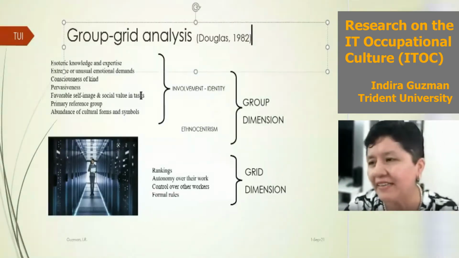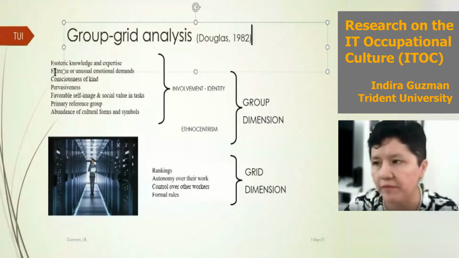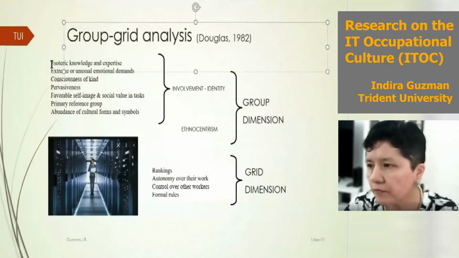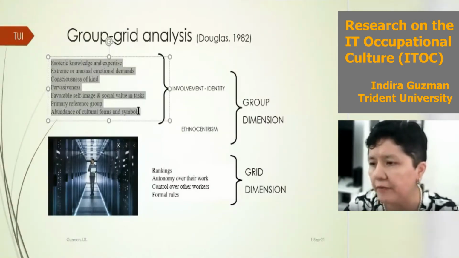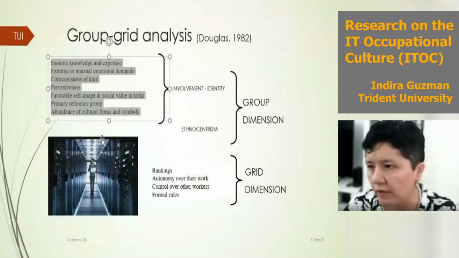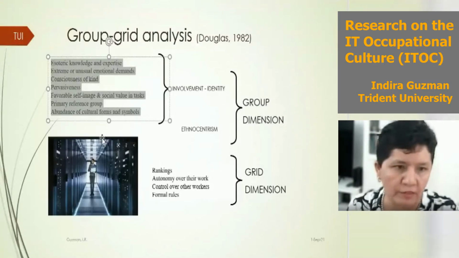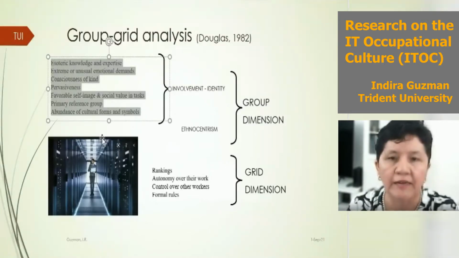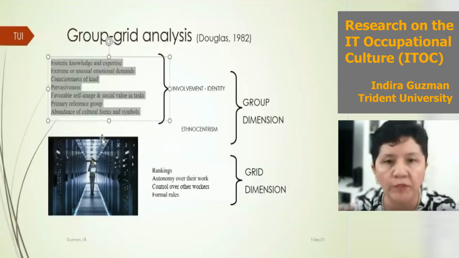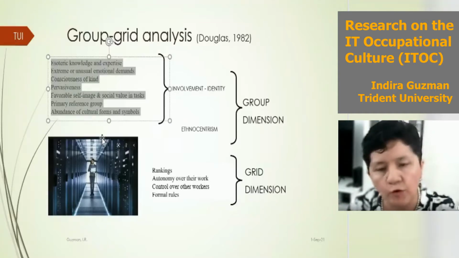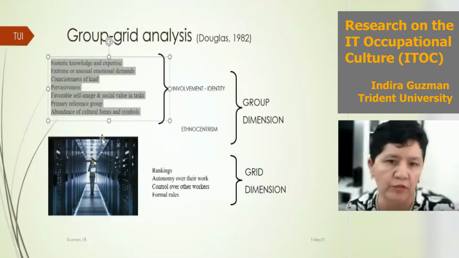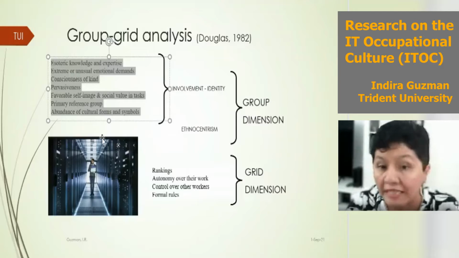So, well, the foundation comes from these group dimensions. And you see here we have the different factors that will help us define the identity of any occupation. So again, remember, Trice didn't talk about IT professionals. Trice was talking about the occupational subcultures that are formed within organizations. So it could be any occupational subculture, say the nurses, the police.